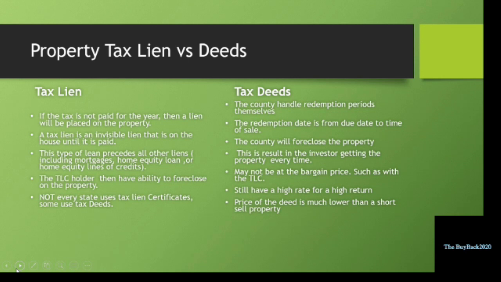So that's one of the key differences between a tax lien and a tax deed. With the tax lien, you will leave with the certificate in the hopes that the homeowner pays the tax lien and you are able to redeem the penalties as well as the late fees. In the case that the property owner does not pay the tax lien, this is when you as the investor can go about the process of foreclosing on the tax certificate. So the difference, tax deed: as soon as you pay for the tax lien, the property is already foreclosed.